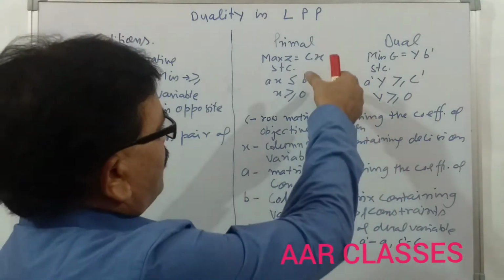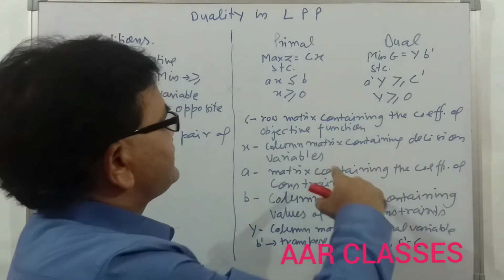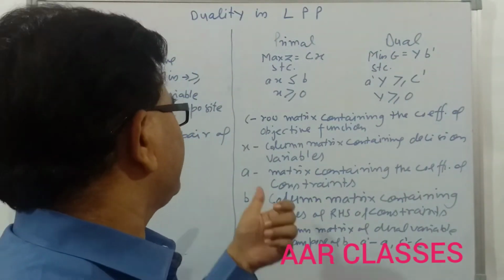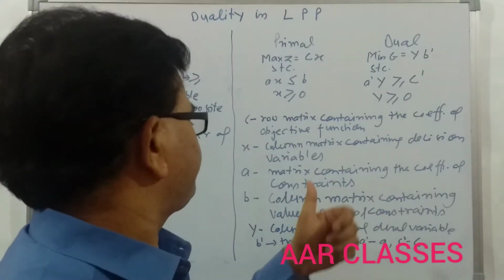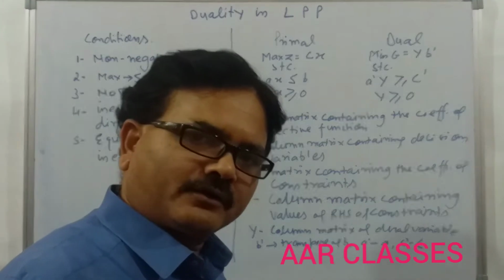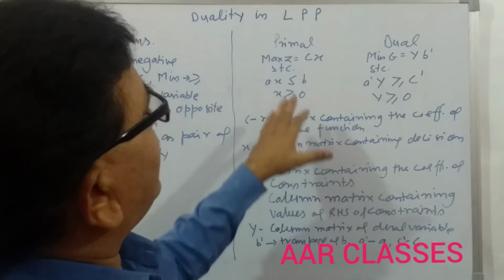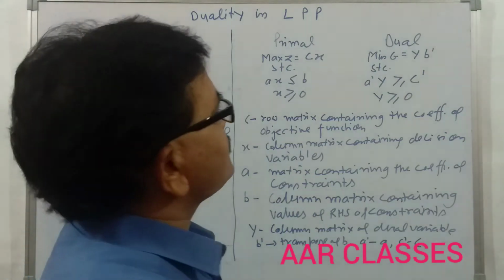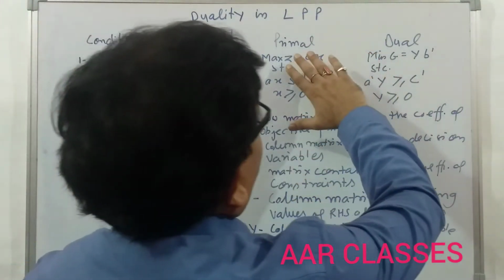x, that is a column matrix, containing decision variables. Then we have A, the matrix containing the coefficients of constraints. B, a column matrix containing values of the right hand side of the constraints. Now come to the dual. So please watch carefully and listen to me carefully, that from primal to dual,